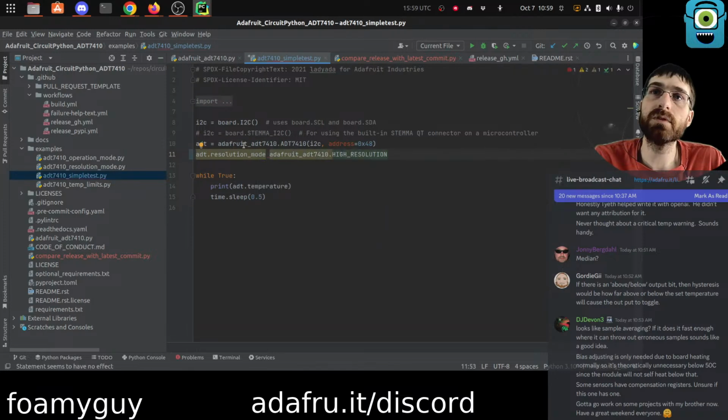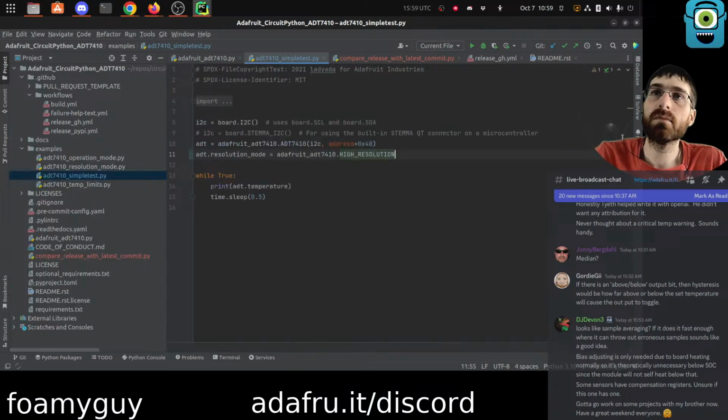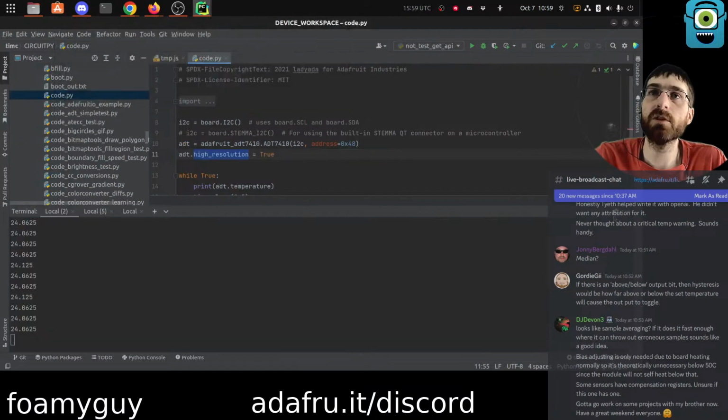High resolution, this is the way to do it. The new library. Of course, I just modified this. Well, that's fine. We're going to want to commit it anyway, but